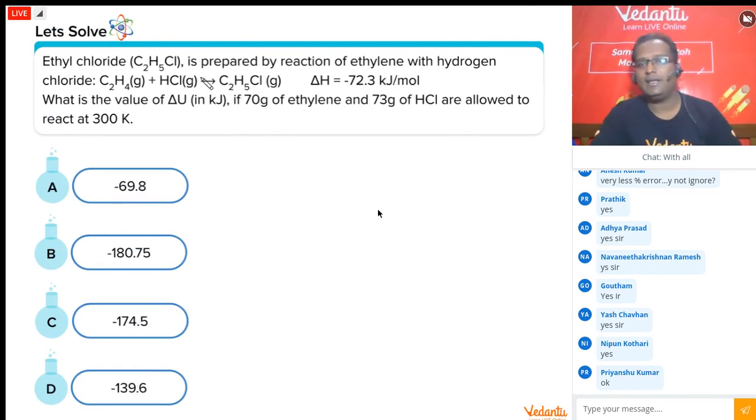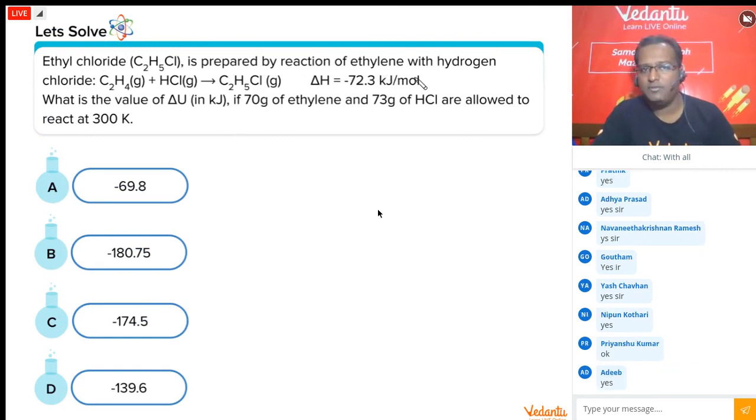Chalo. Ethyl chloride is prepared by reaction of ethylene with hydrogen chloride. So this is ethyl chloride. 1 mole reacts with 1 mole to give 1 mole. Balanced reaction hai. Delta H is given to you. What is the value of delta U in kilojoule? If 70 gram of ethylene and 73 gram of HCl are allowed to react at 300 Kelvin. First of all, what do we mean by 73 gram HCl? कितना आएगा weight? I think this is 36.5. So this is 2 moles,